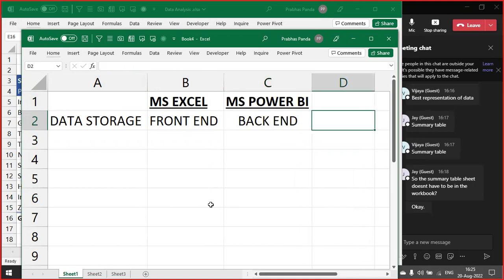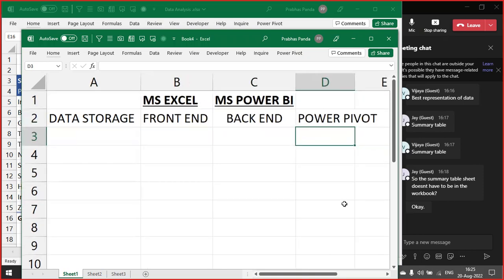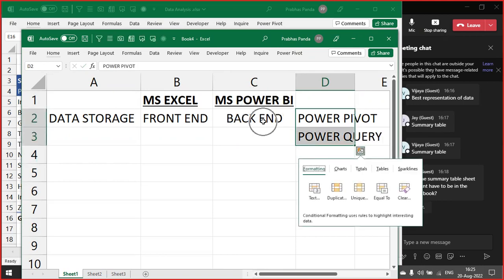There are two things. One is Power Pivot, the next concept of pivot table, and the other one is called Power Query. Okay. So these two tools are helping to store the data in the backend. That's why